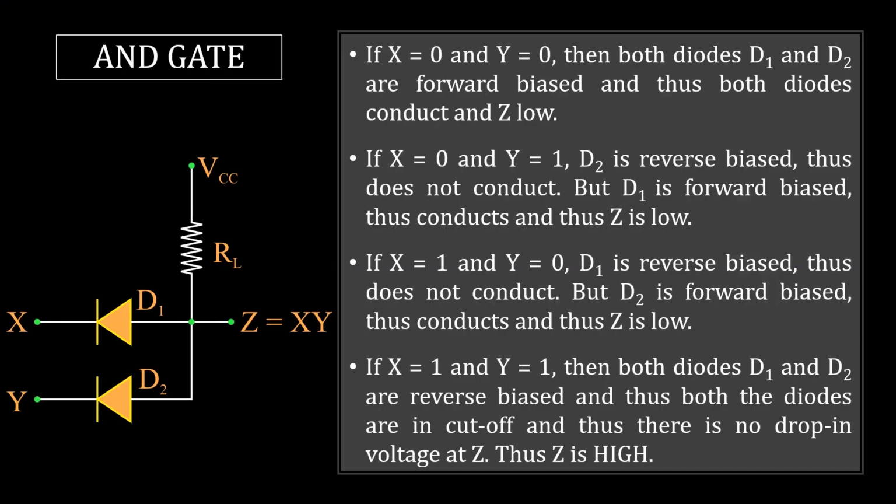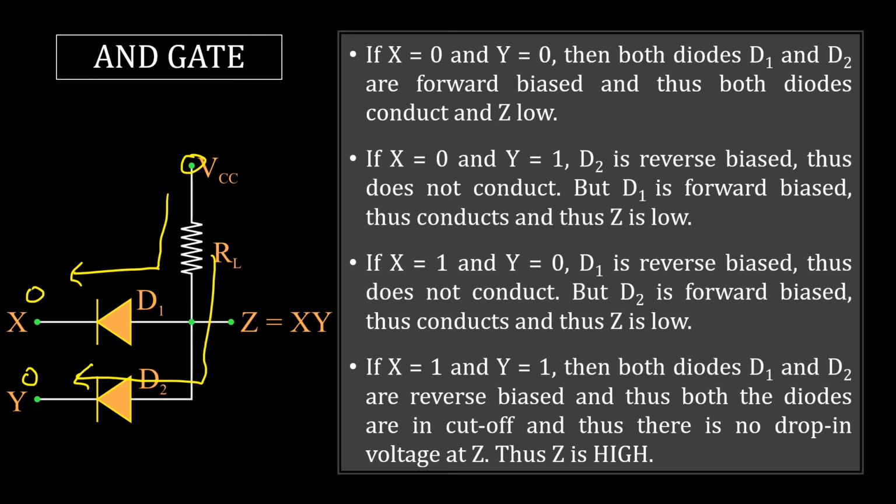Now, how is an AND gate made? That is what we are trying to discuss. These two are diodes, D1 and D2. X and Y are inputs and Z is the output. Here I have applied a high voltage and there is a large resistance here. Suppose this input is 0 and this input is also 0. This is a high voltage, so current will very happily pass.